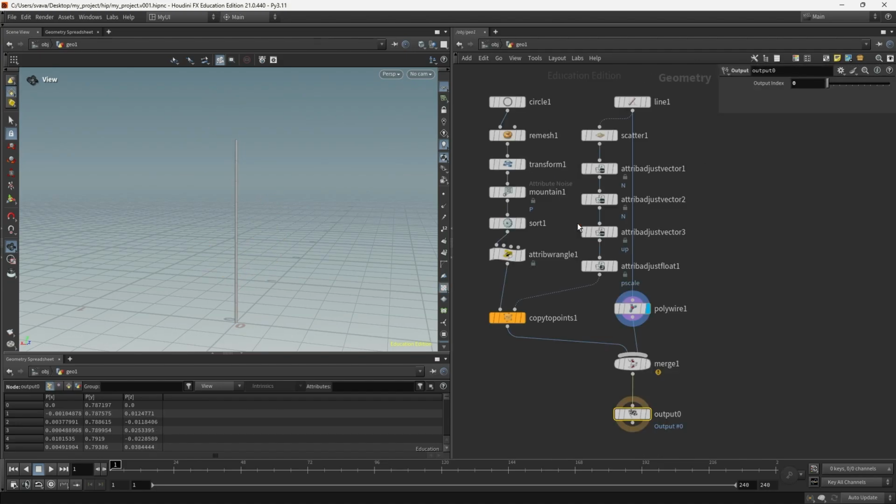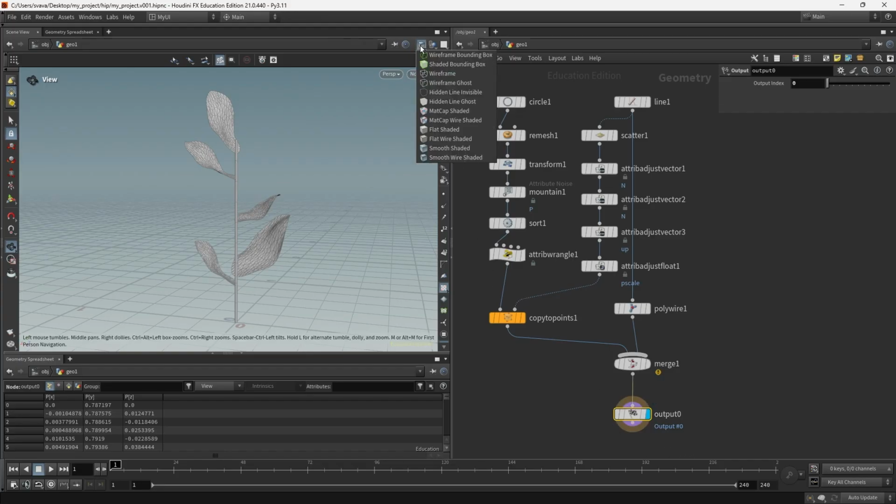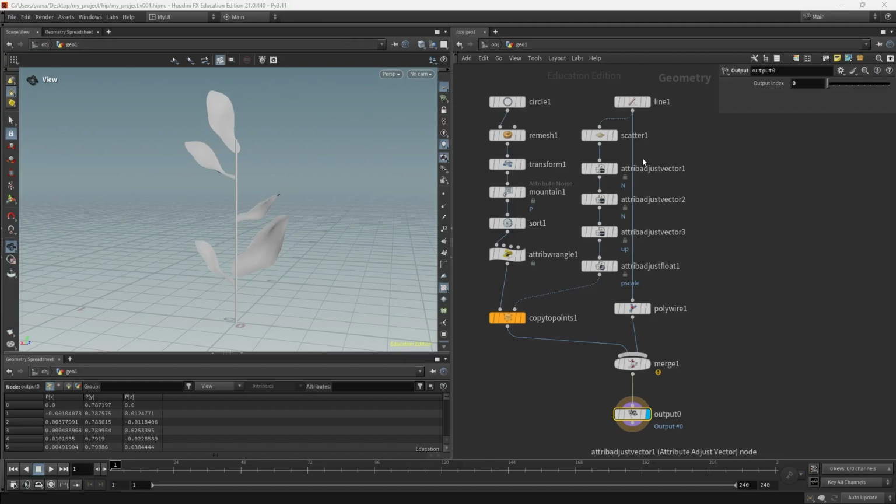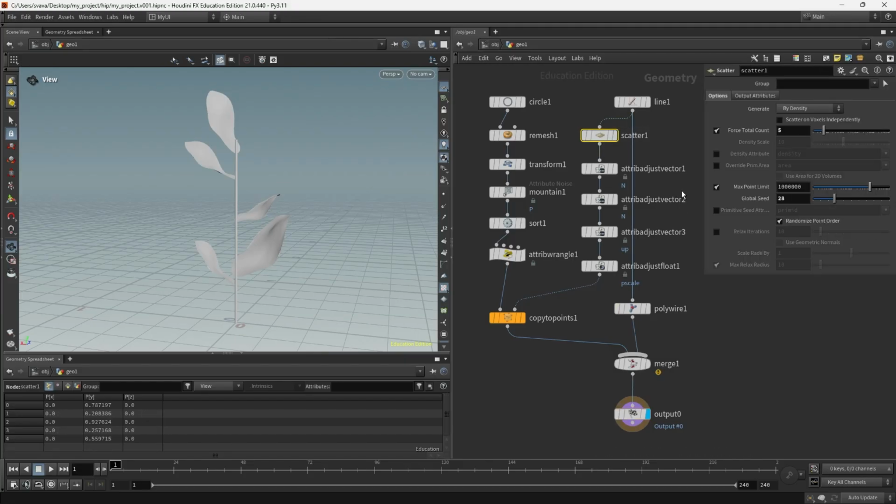Now that I have my system, I'm going to make some final adjustments to get a better idea of what the branch actually looks like. I am going to change the shading to smooth shaded, and I'm going to revisit the scatter node. I'm going to try different seeds. I think I want to toggle again relax iterations to get a more even distribution for the leaves.